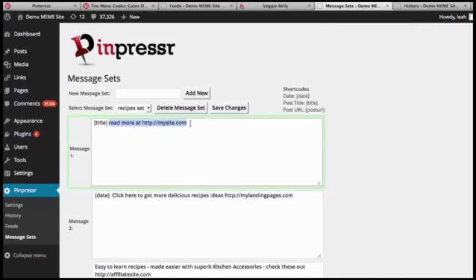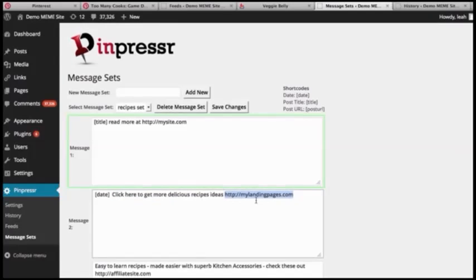So let's look at some of the examples. You can add the title here, which you saw on some of the boards, and you can add a call to action, read more at. Here you can add whatever site link you wish. You can add a date if you want to. You can add, again, another different sort of call to action, and you can send people to a landing page,